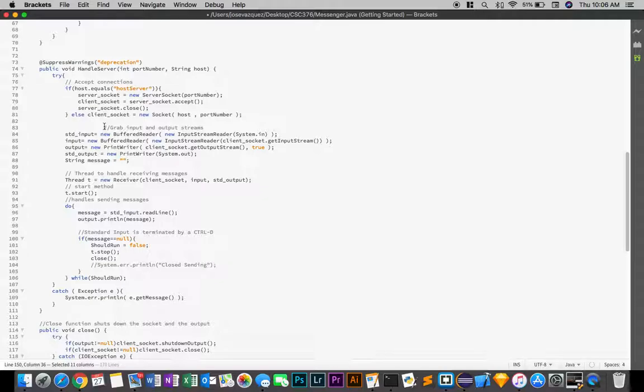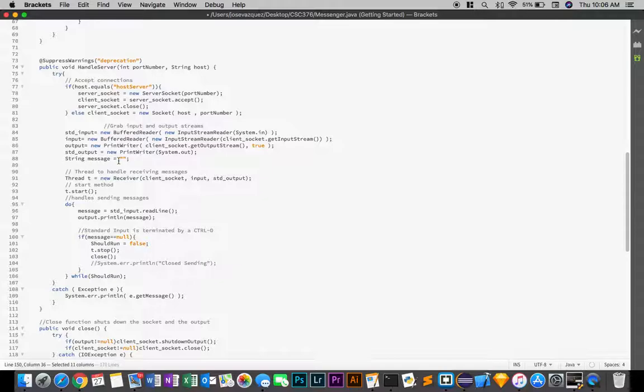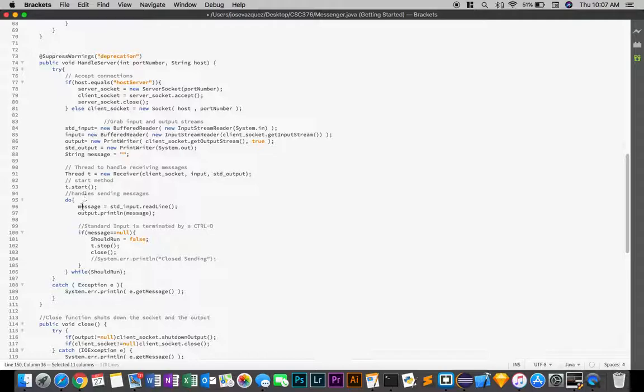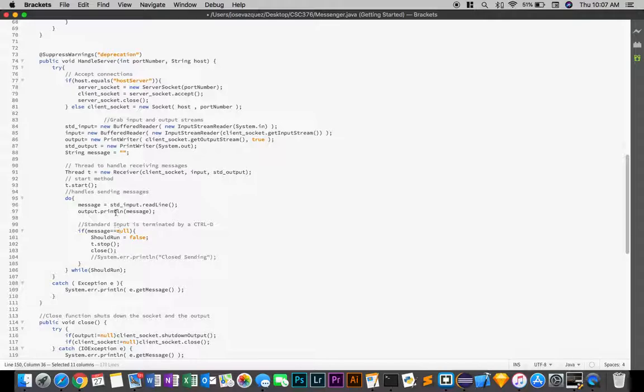We have our input and output streams declared here. Our standard output, the string message, would be what is actually sent through the streams, and it's going to create a thread to handle the receiving messages. This will be the start method, and this function, the do while, is going to handle sending the actual messages. The message is going to be set to whatever the standard input readLine is, and it's going to output the message on the console. If the message is null, then it is going to stop the whole function, because